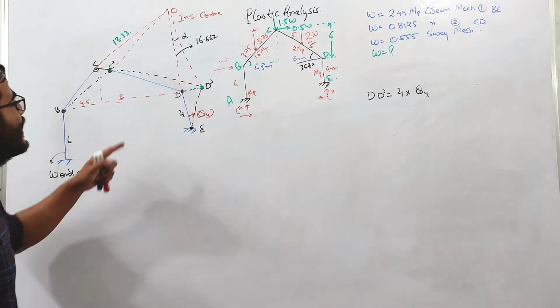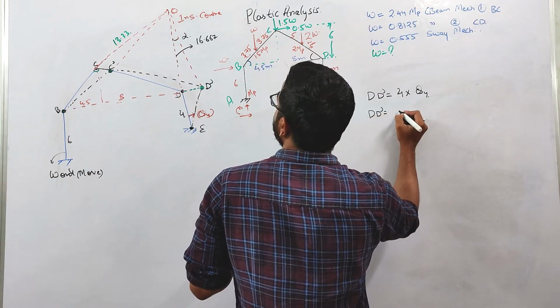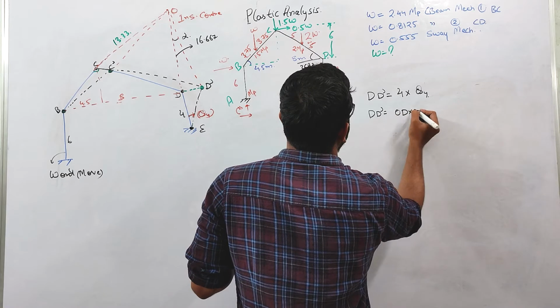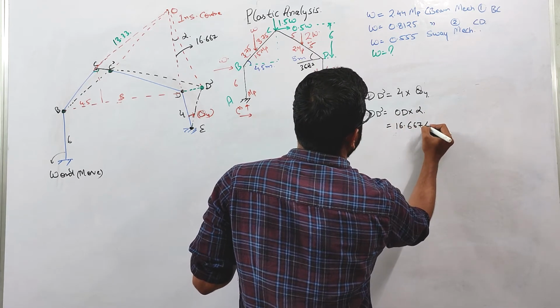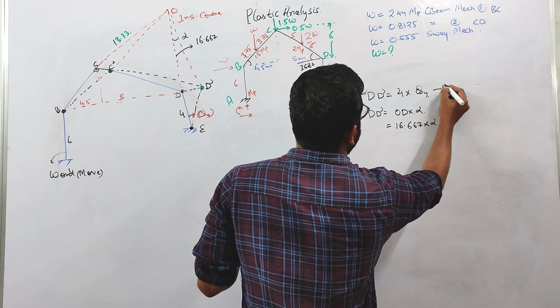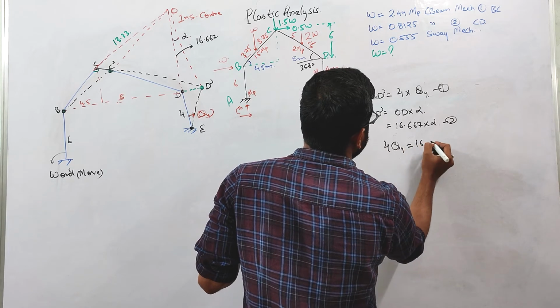Similarly, I can say that DD dash will also be equal to OD into alpha. OD is 16.667 into alpha, right? So if you equate these two equations, I can write 4 theta 4 is equal to